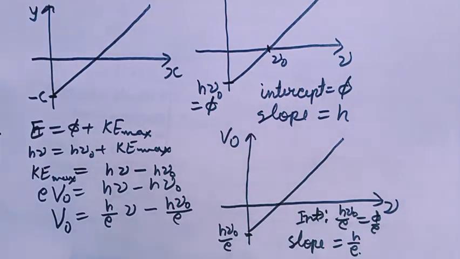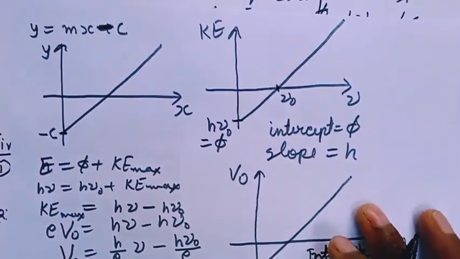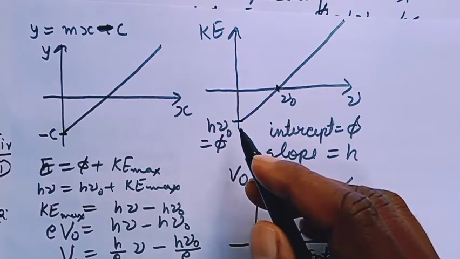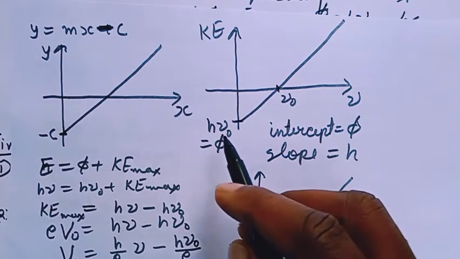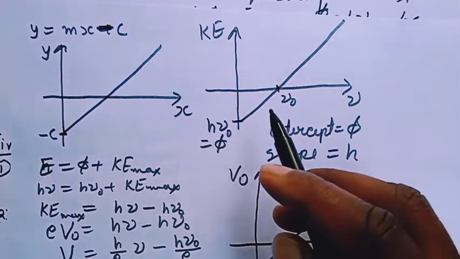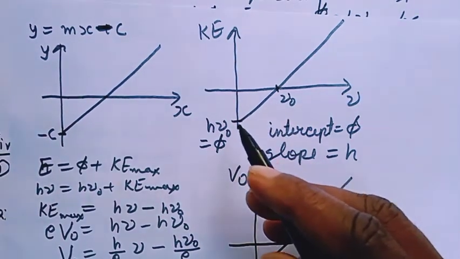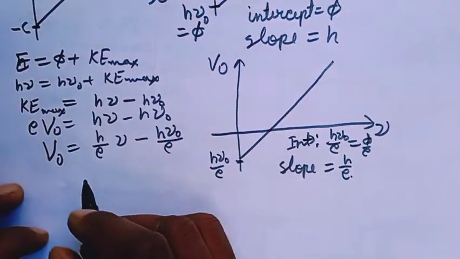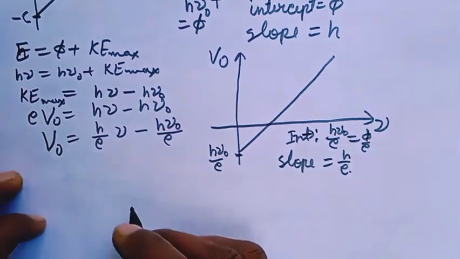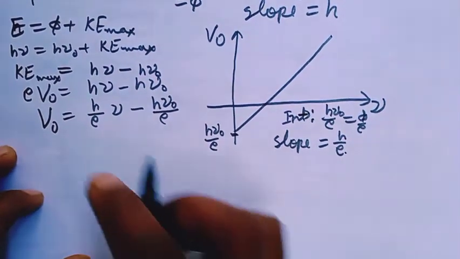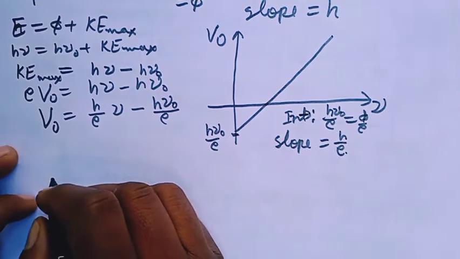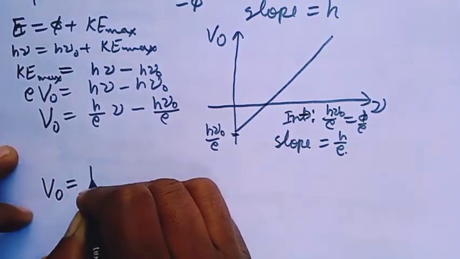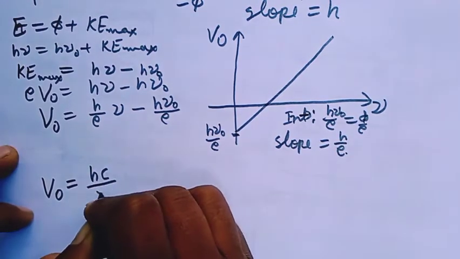So by this we can explain this negative energy region, which is in fact that work function which is required to eject an electron. Now this scenario will become more complicated if I replace nu by c by lambda. Then V naught is equal to hc by E